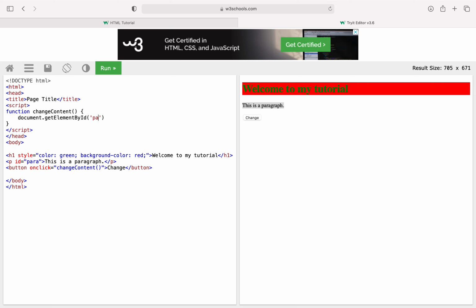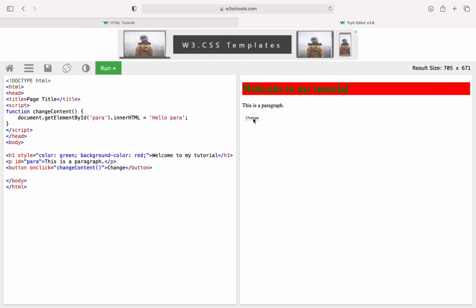Para. So we got the element. Now using innerHTML we will change the content. Which content will we give here? Like hello para. Now when I click this button, it will change the content to hello para. Now I am clicking this one, it changed to hello para. You can see the difference. Previously it was displaying this is a paragraph, now it is displaying hello para.